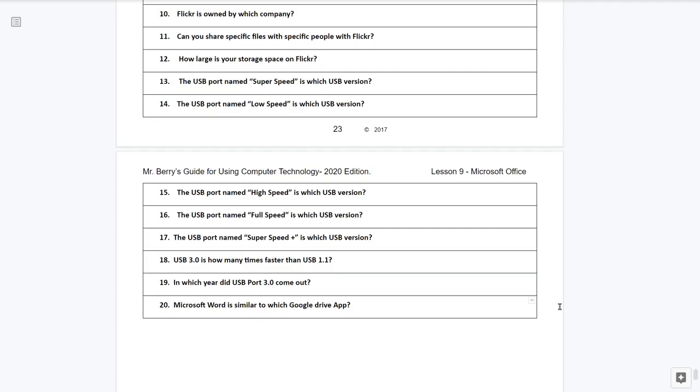Question number 19. In which year did USB port 3.0 come out? Question number 20. Microsoft Word is similar to which Google Drive app?